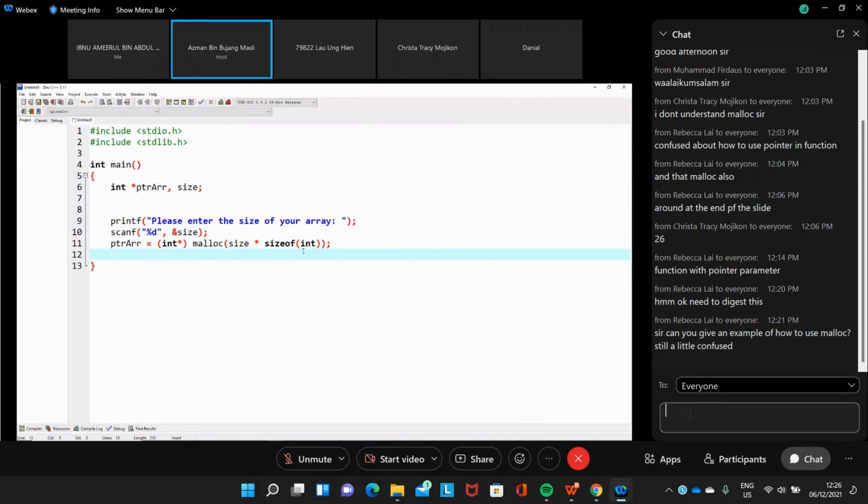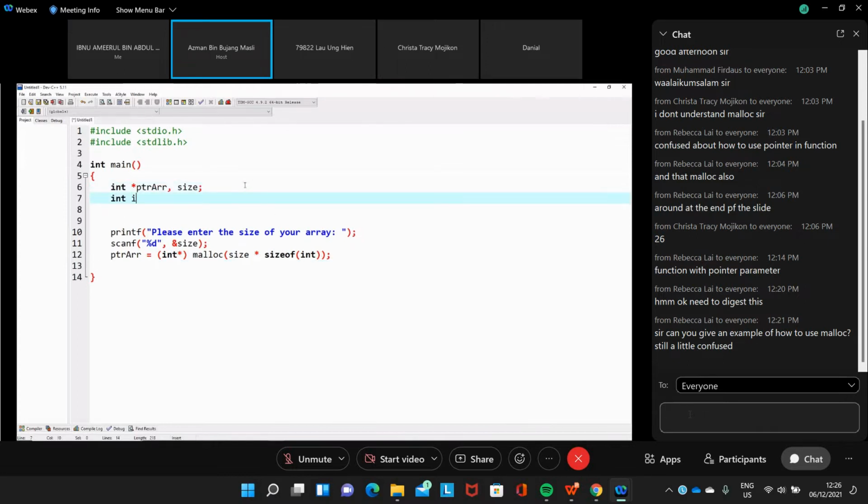Now we ask the user to enter the elements. We have an array, so we use a for loop. Now we create a function, for example, just to read input from the user.